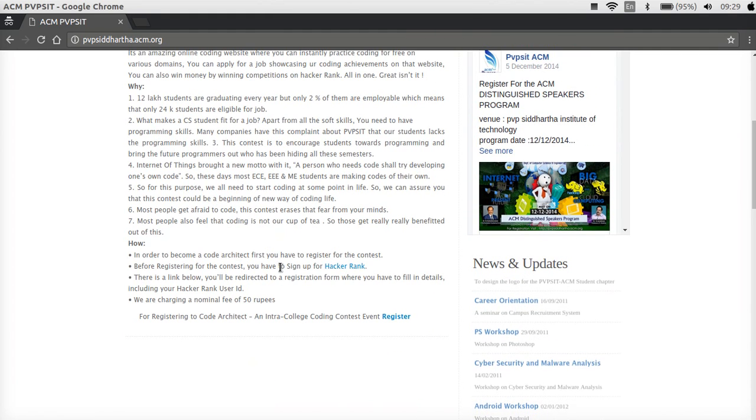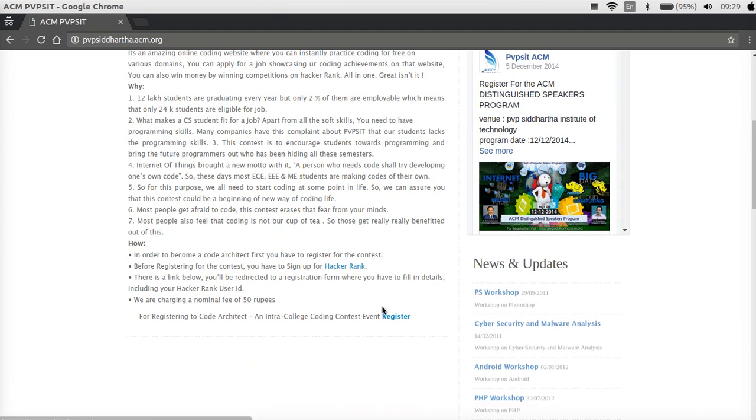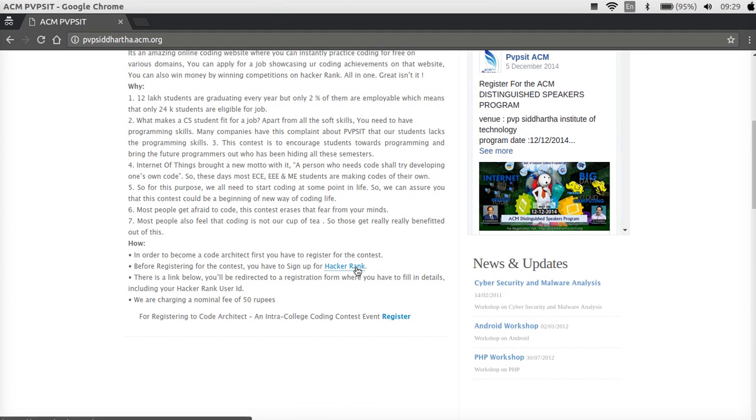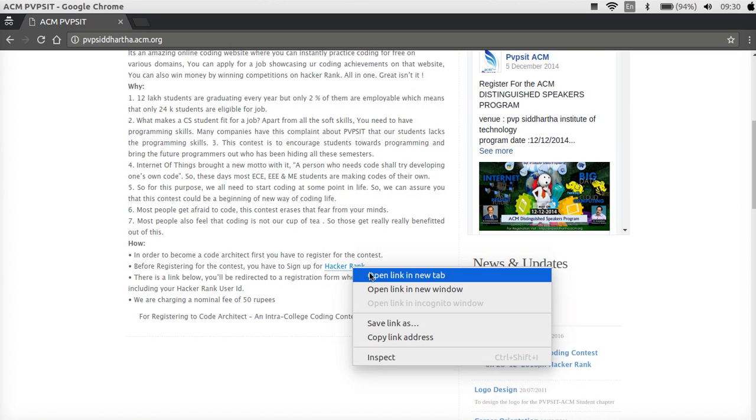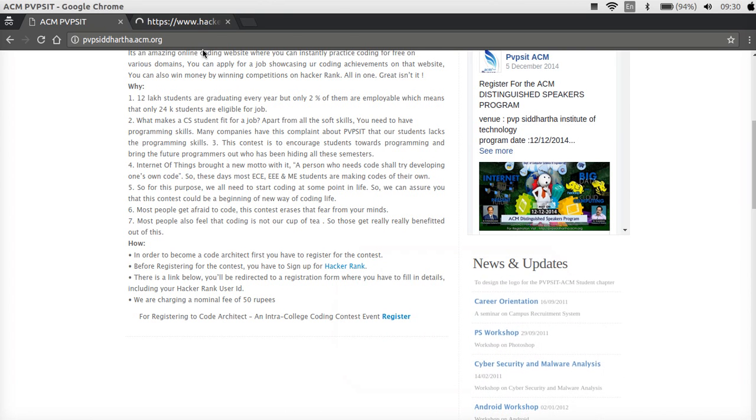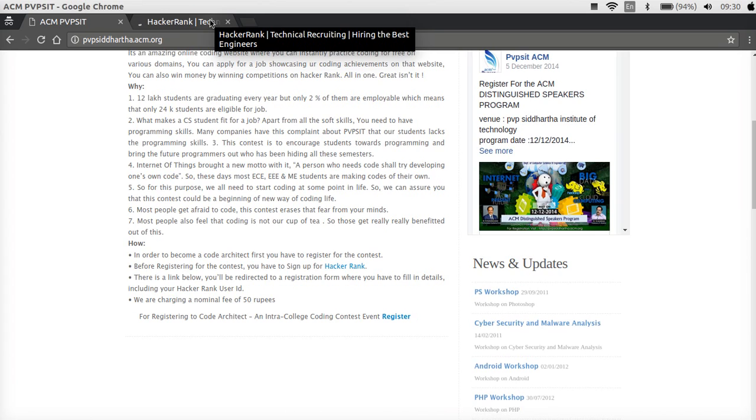Well, guys, if you observe here, you'll find two links. One redirects to HackerRank, and the other to the registration form. In order to register for this event, you'll need a HackerRank account. So right click on this HackerRank link, and you'll find some options; left click on open link in new tab. Once you click on this, a new tab opens